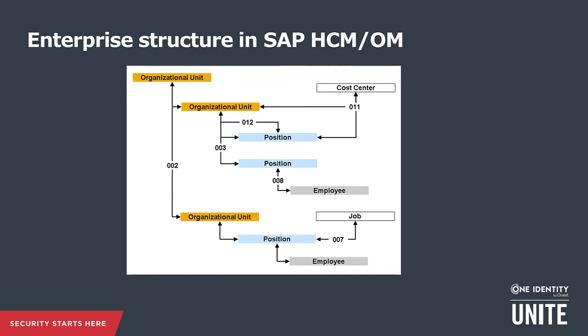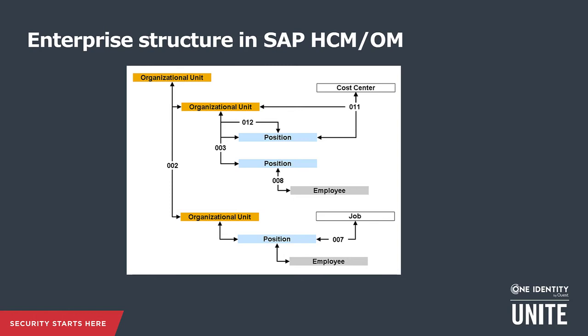From an identity manager perspective, a position can be considered as the primary business role. There's some discussion whether it's the job or position, but if we assume the position is the primary business role, we have to consider some special cases. In SAP OM, a person can occupy a position partially. During the assignment, a percentage can be provided. This way, a position can be shared by 2 or more persons.